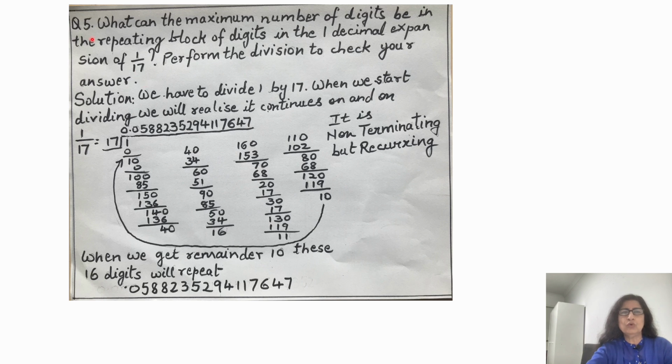We move on to question number 5. What can the maximum number of digits be in the repeating block of digits in the decimal expansion of 1 by 17? Perform the division to check your answer. So we have to divide 1 by 17. When we start dividing, we will realize that it continues on and on. 1 divided by 17 is equal to